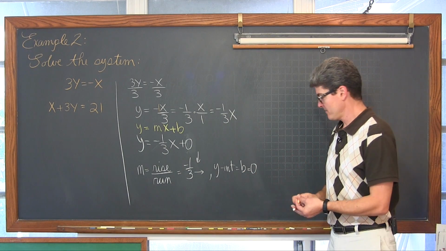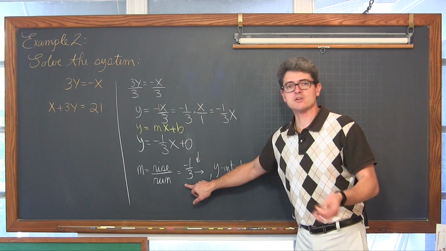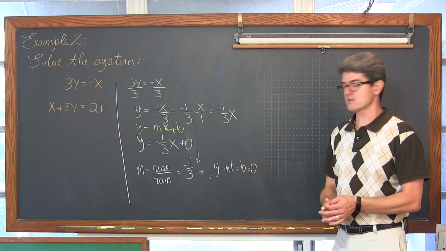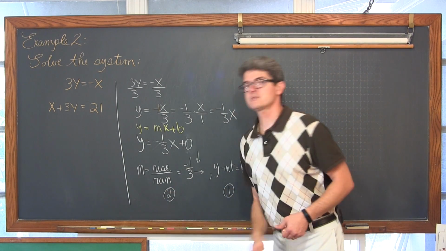And one more time, directions are no good. That's all a slope is, a direction. How's that line moving? Directions are no good without a starting point. So you want to do your y-intercept first and your slope second.